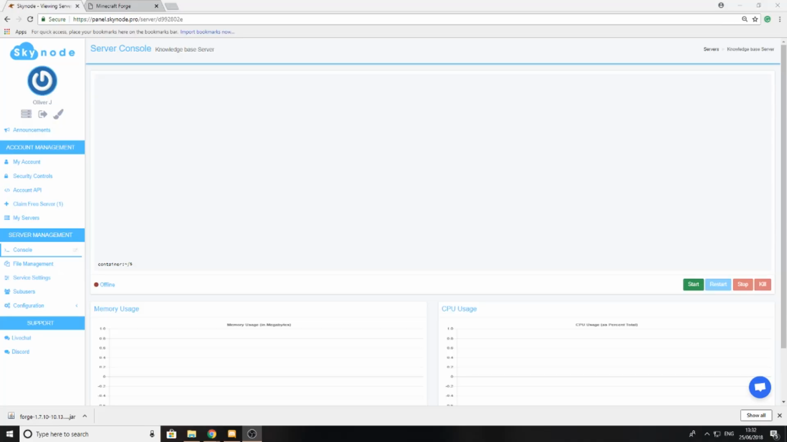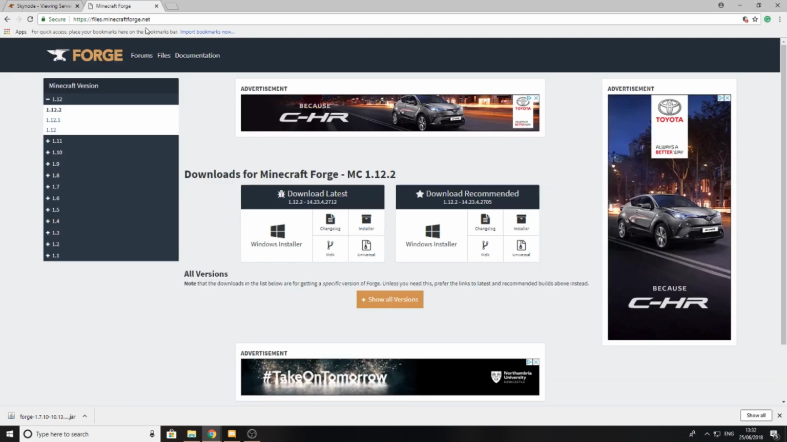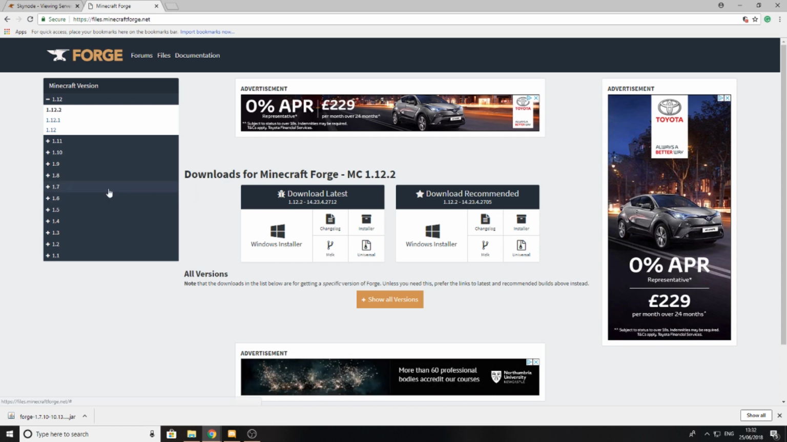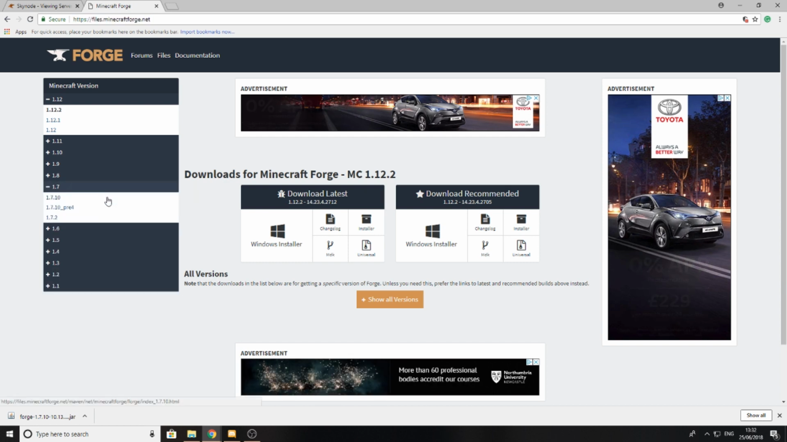Today we are going to be learning how to install Forge to our server. Now the first step you want to do is head over to the link in the description or just type in the URL up here, and this will take you to a site where you can download any version of Forge for your server. I'm going to be using Forge 1.7.10 because it's most commonly used,